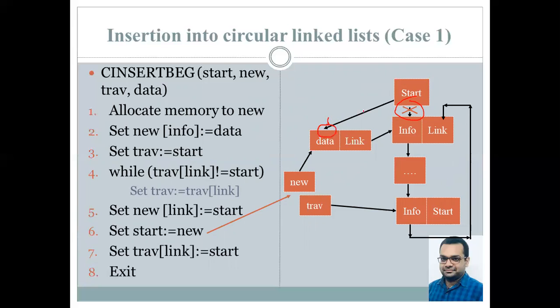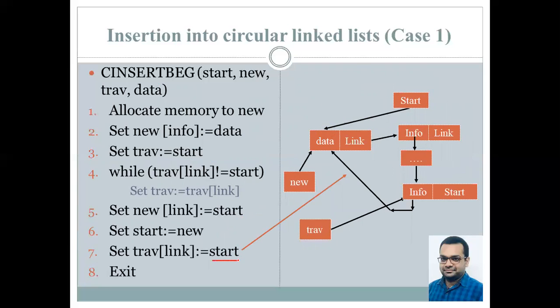However, our task still remains, because we have been able to add this new node to the linked list, but you can see the last node now points to the second node in the linked list. Therefore, as soon as we do this assignment, you can see now this last node starts pointing to the first node. So our linked list now becomes like this. This is how we do this.